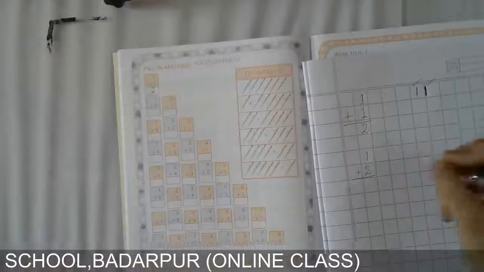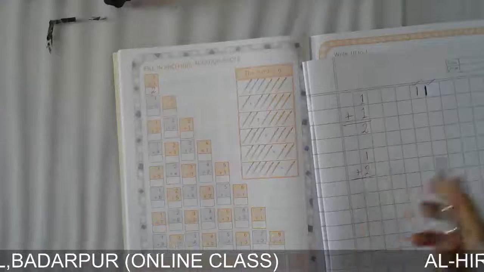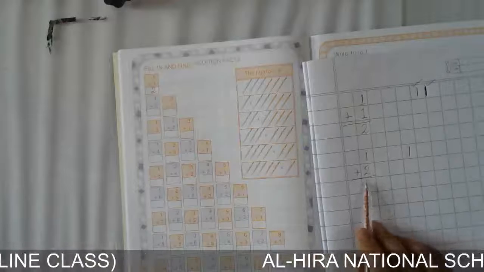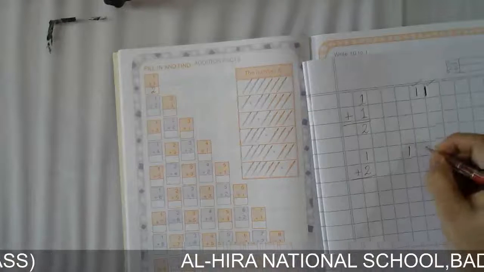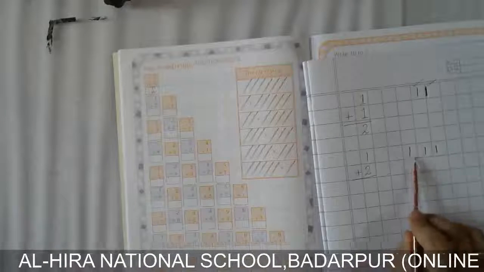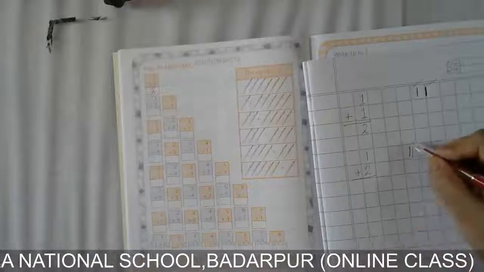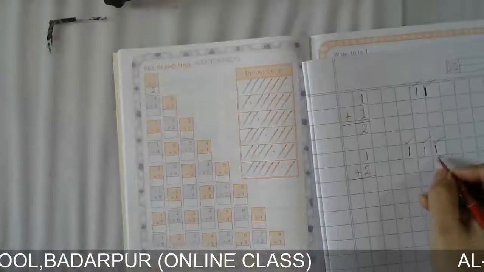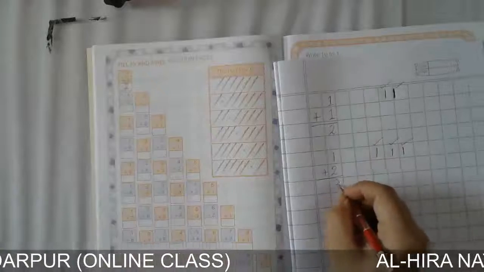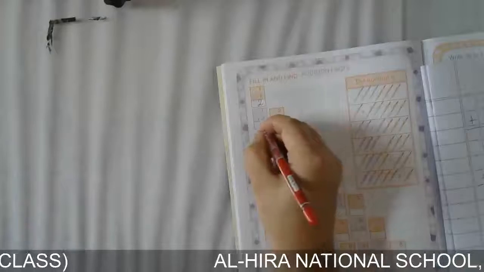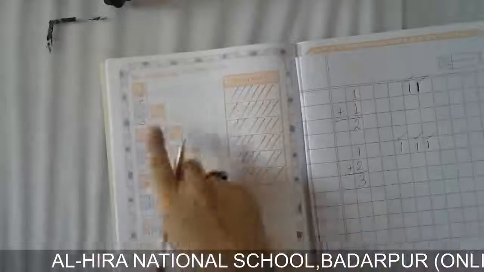Next one you see, 1 plus 2. So first you put a line for 1. It is 1 here, no? The next, what number is given here? 2. Then 1, 2. So count it all together. Count all these lines. 1, 2, 3. How many altogether? 3. Write here 3. Then again here 2